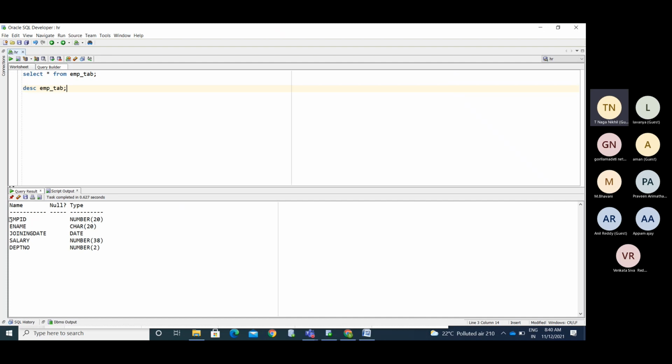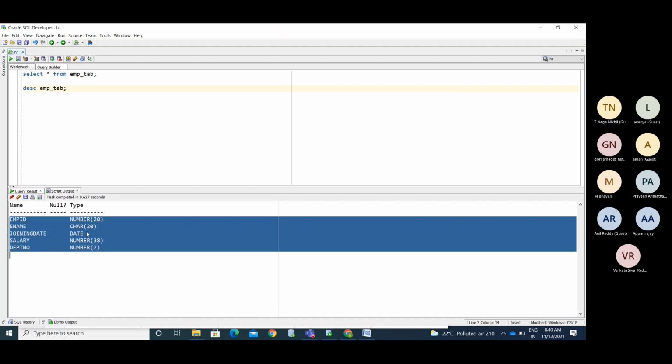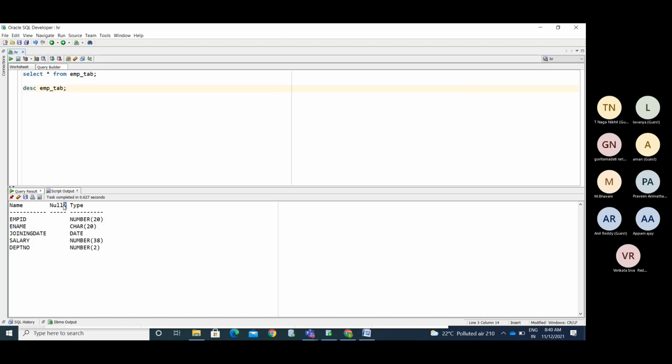Okay, see, column names, data types. Another thing we have here is null, with a question mark: either null is allowed or not for these columns. Whether null is allowed can be defined and it will show to you.